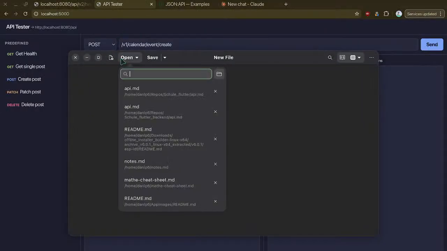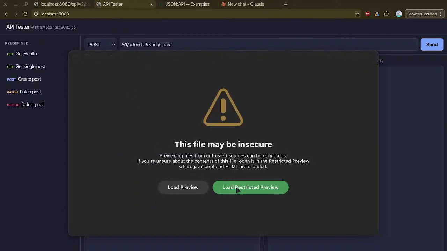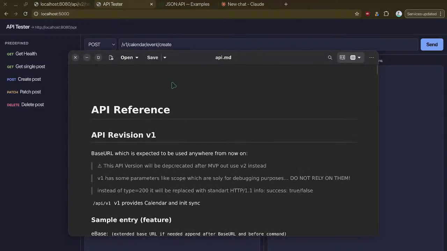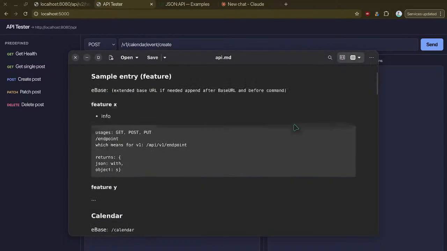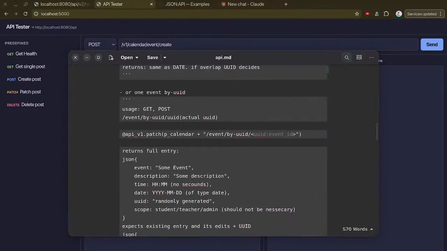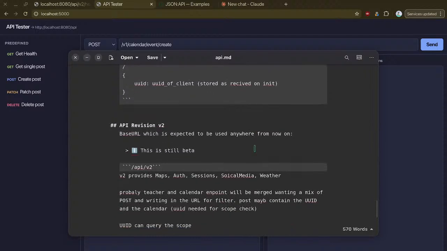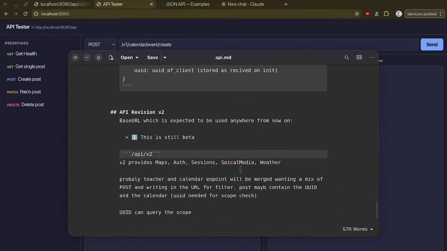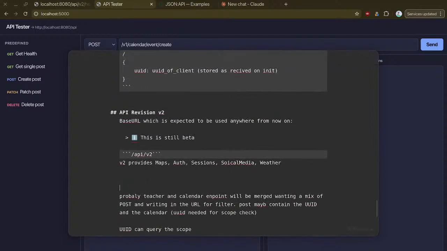My API definitions vanished. This file might be insecure. Well, preview. You just had it open. Well,